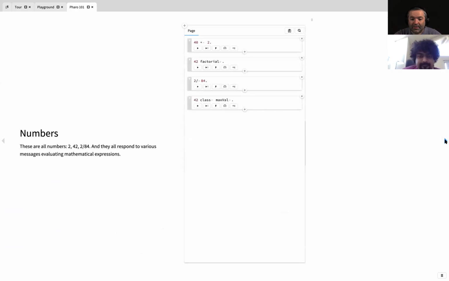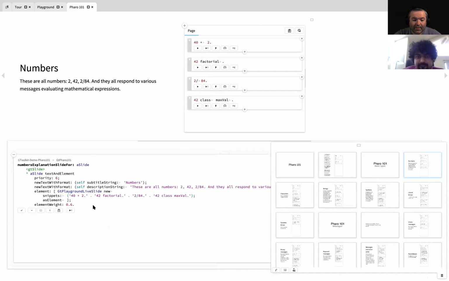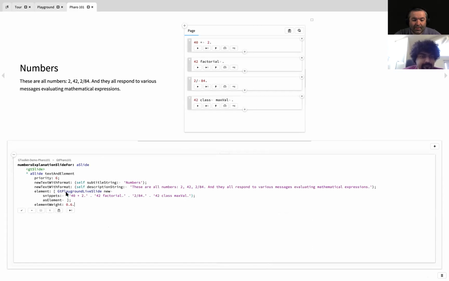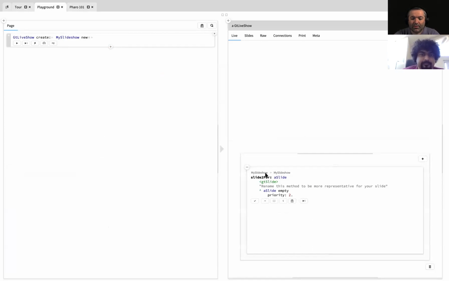But let's find something that maybe does not have these types of things. So here, if I'm looking at this, I can see that this is much simpler. So I have something like a GT Playground live slide, and I'm just going to give some snippets to that one, and that's basically it. So let's start with that one. So we go to our slide, and I even think that there is a playground here, but let's just do